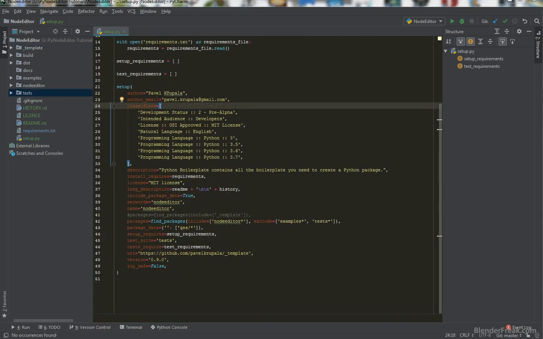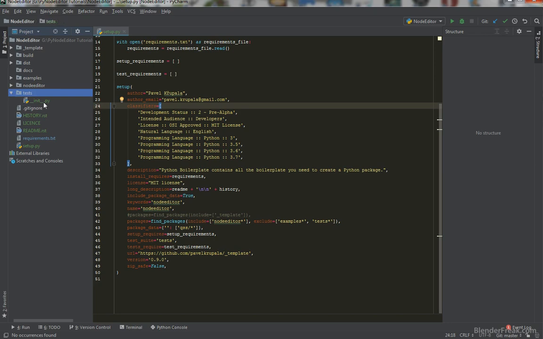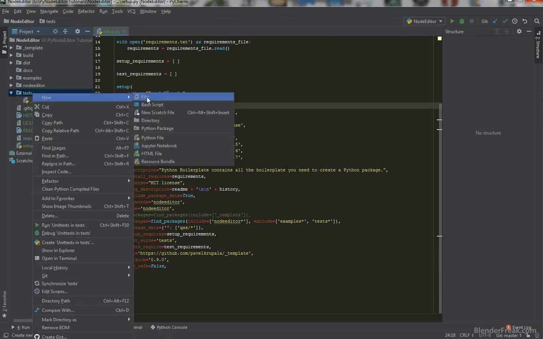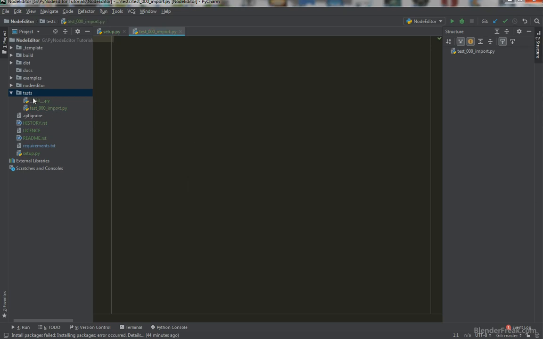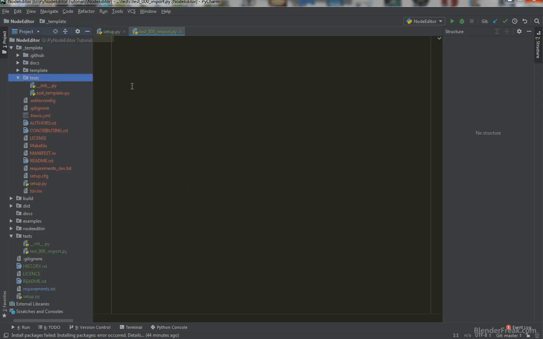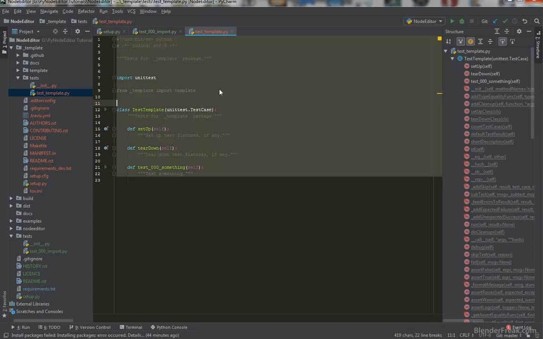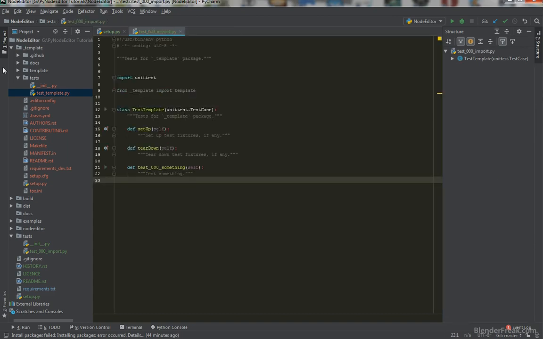Okay, and let's try to create briefly at least one test, because we are not going to test everything or almost anything in our code, because it's hugely dependent on PyQt5. But anyways, we will try to create at least one test to import the node editor something, at least for example scene. So let's create a new file here, call that test_00_import. Let's have a look at our template. In the test template, let's pass it here,